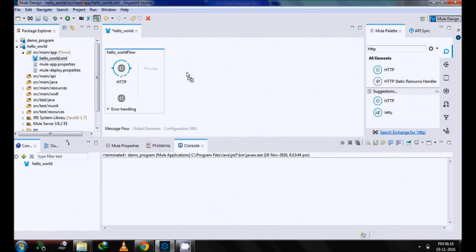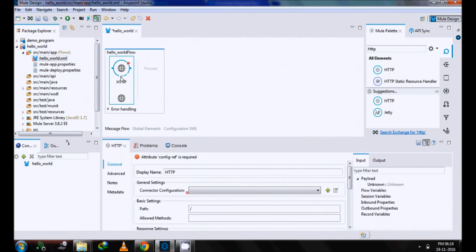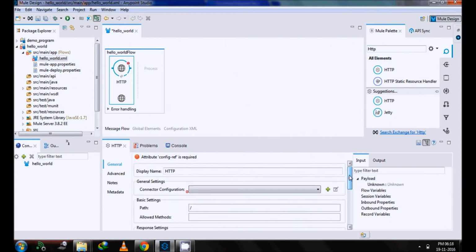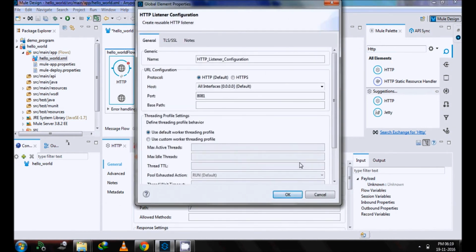Now double click on this. After double clicking, you can see there are so many properties, but we are focused on connector configuration. Here on this plus sign, click on this, and a wizard pops up. An important thing here is the port. On this port our application runs. So this port is the bucket for this application.